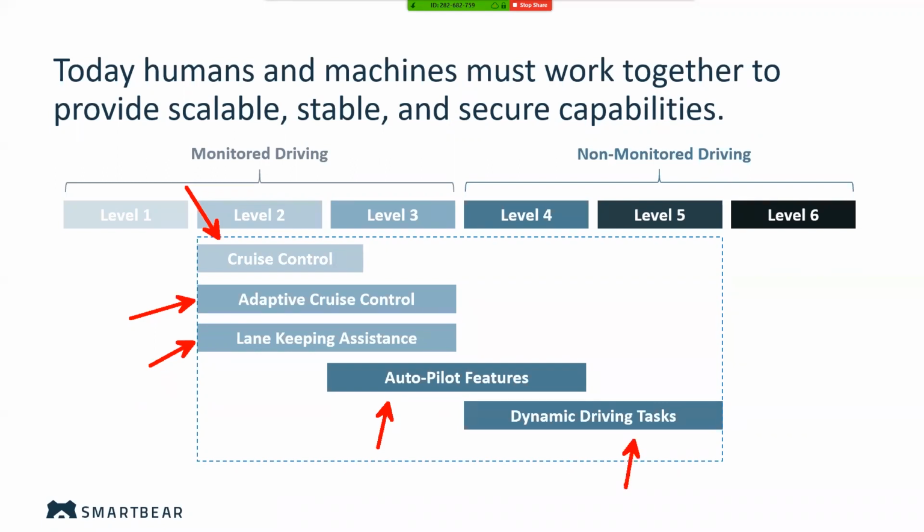So these are some examples of how we're currently using technology and humans to work together to have the best case scenario. And as we introduce more and more automation in autonomous driving, or in our case today, software testing, the need for reliability and accuracy is going to become increasingly more important. So let's look at this as it relates to software testing.